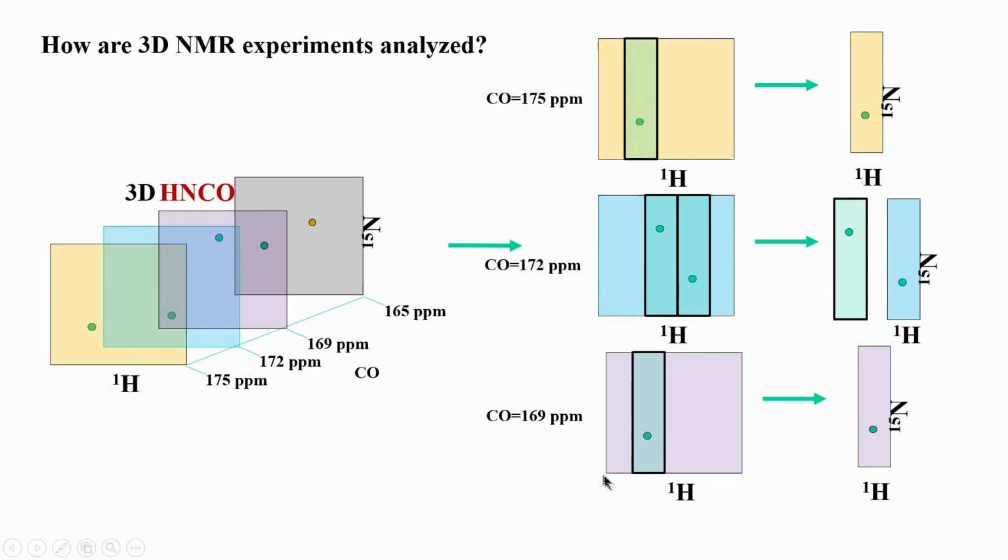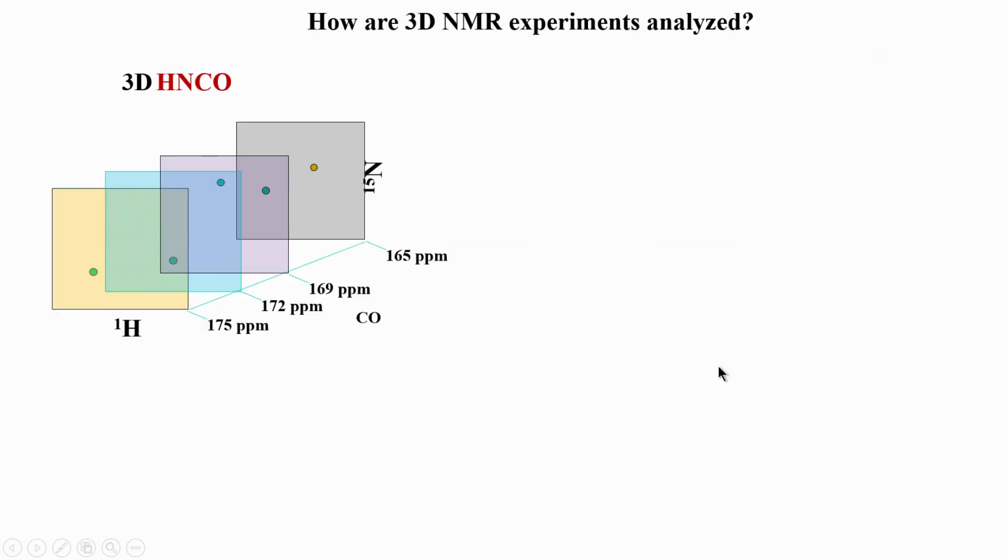Okay. Now, similarly, if you look at the 169 ppm plane, that has this one single peak here, which is shown here, and that appears in a strip plot like this. So, like this I can make strip plots of every peak. I can also make one for this, but I have not shown that in this particular figure, but you can imagine that it will be the same as doing it for this. Because of the space restrictions I have not shown it, but you can think of it as similar to one of these 3. Okay.